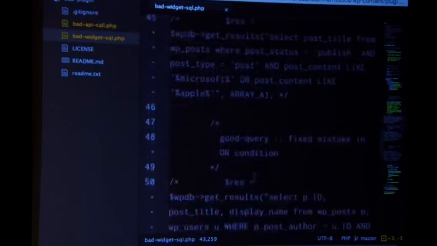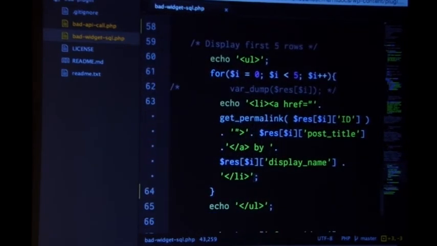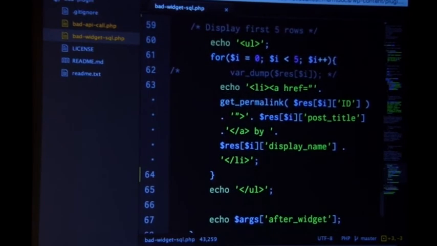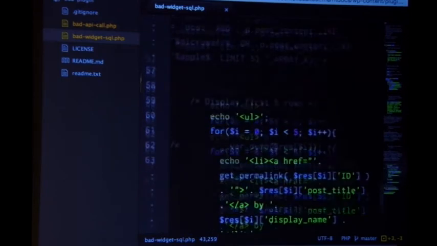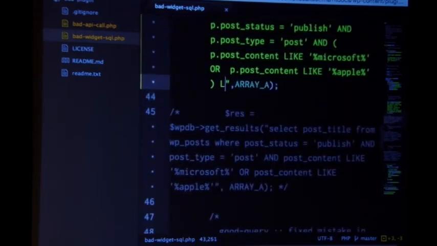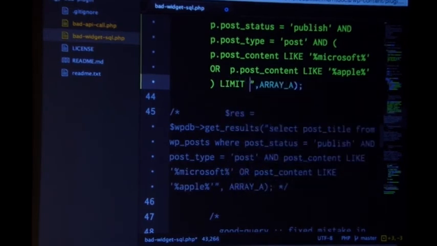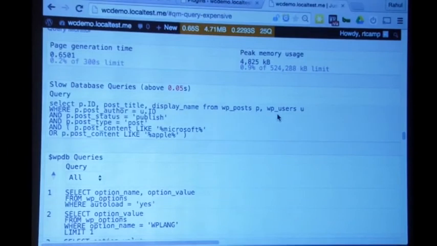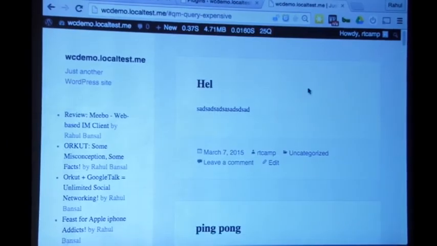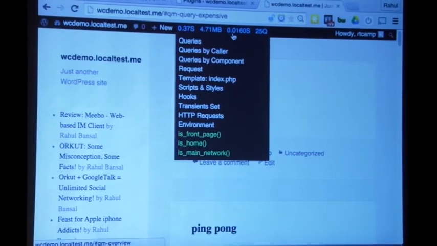And if you check my bad code, I didn't know the MySQL limit, so I just fetch the entire database and run a for loop to show only the first 5 results. So I will fix this second bad part as well. Let's add the limit. Now it's pretty low. It's not complaining as of now because it is less than half a second.